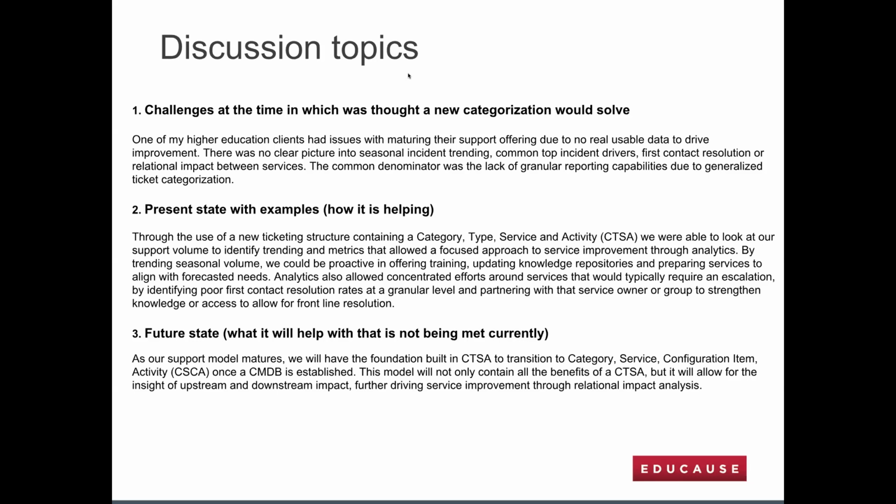So this gives you a very granular approach to looking at not only your ticketing volume, but everything through ITSM that uses this categorization. So with that, you can start trending at a very granular level and start looking at things differently as far as the information that's coming in. And this will drive continuous improvement efforts, like in higher education, new student move-in comes to mind. This is something that happens year over year. It's not going to stop. You're always going to have it.